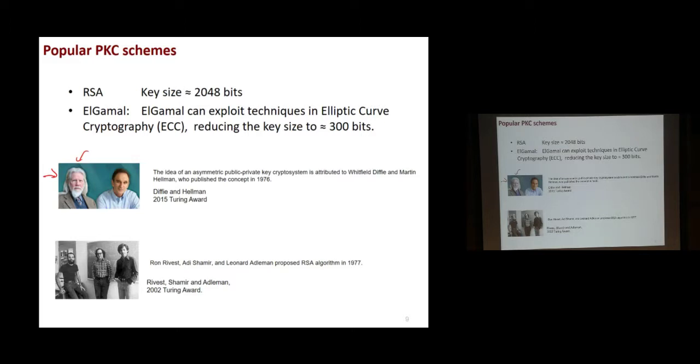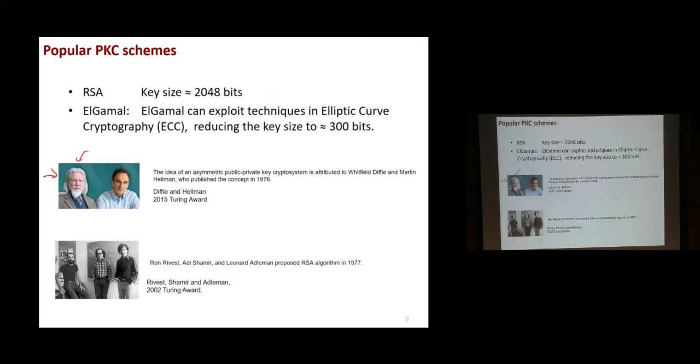And what are the popular PKC schemes? Right now, the two popular ones are RSA, still RSA, and then there's another one called ElGamal schemes. RSA, to be secure, according to a NIST recommendation, the key size has to be 2,000 bits. Okay, ElGamal,